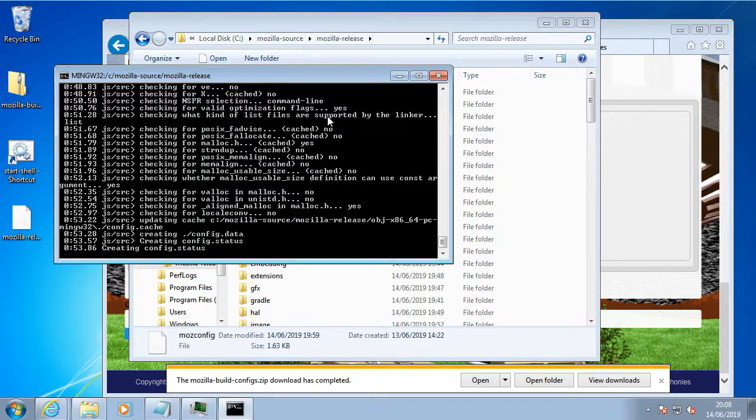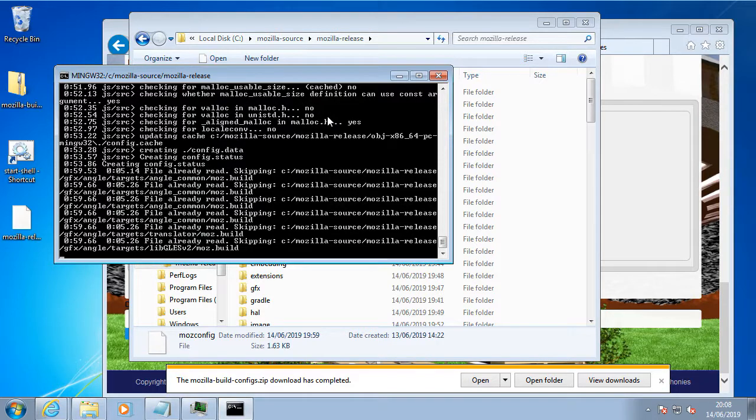But it can come in handy to speed things up. Right, yeah, so when it gets to this part, where it says file already read, that means the configuration is finished and it's successful. And so now it's actually going to start doing the real build. So at this point, you've now installed everything correctly that's needed to actually do the build,